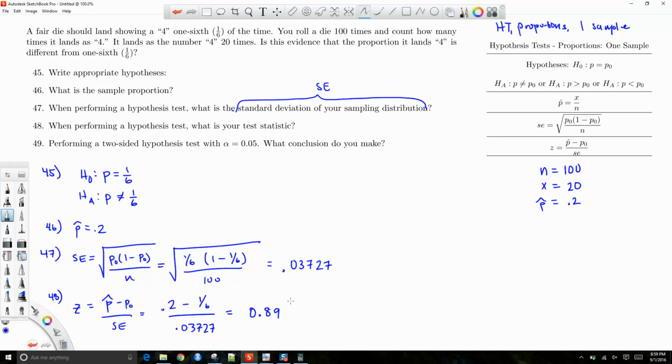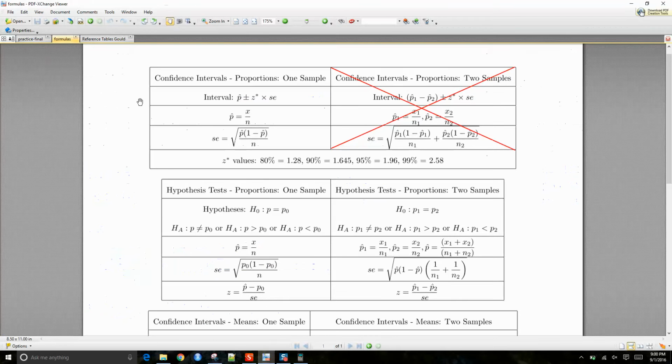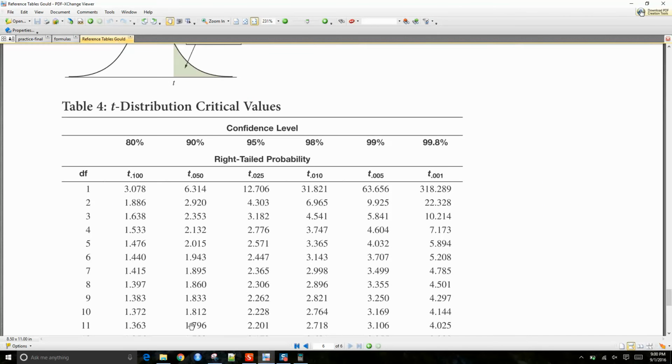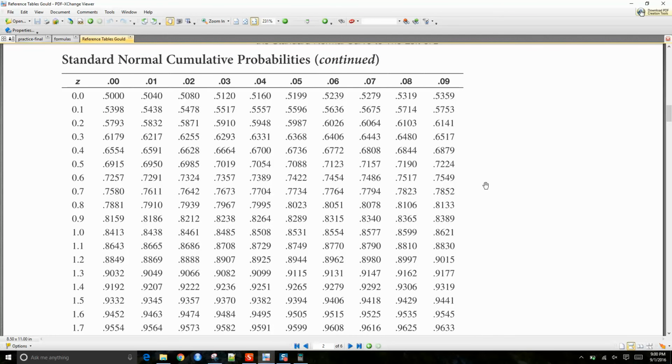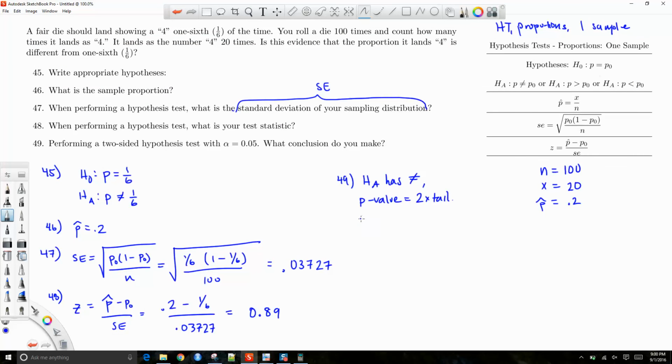And so, as far as making my conclusion, I would look up 0.89. I'm sorry, my alternative has a not equal sign, so our p-value is 2 times the tail area. I would look up 0.89 in the z table, and I find that the area to the left of 0.89 is 0.8133, okay? So at z equal to 0.89, area to the left